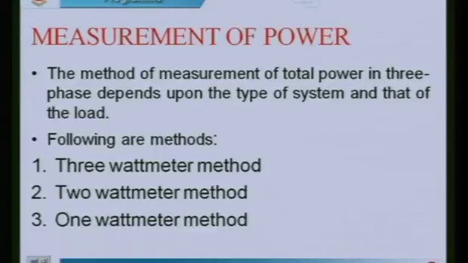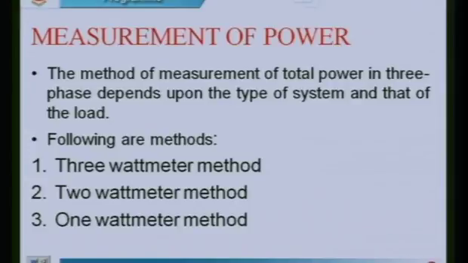The wattmeter always reads the average value of the power, taking the magnitude of voltage and current and also the cosine of the angle between the voltage and current. Coming to the three-phase circuits, we have three methods of measuring the power. One is the 3 wattmeter method, where 1 wattmeter will be connected in each of the phases. The connection will be like this.